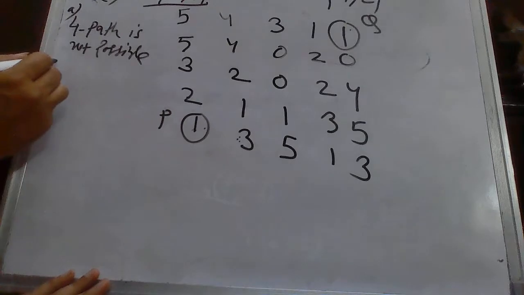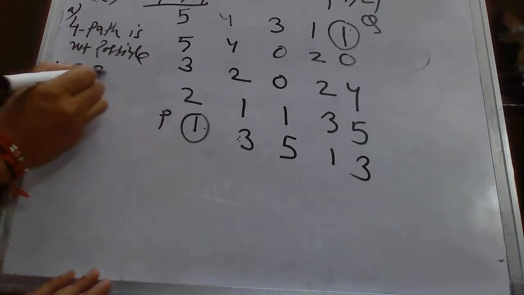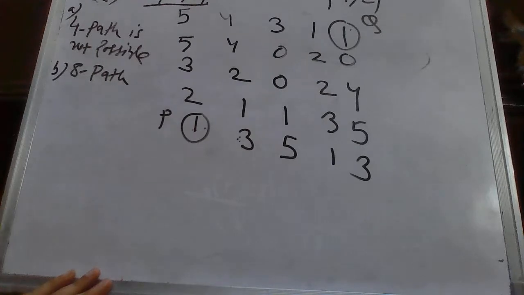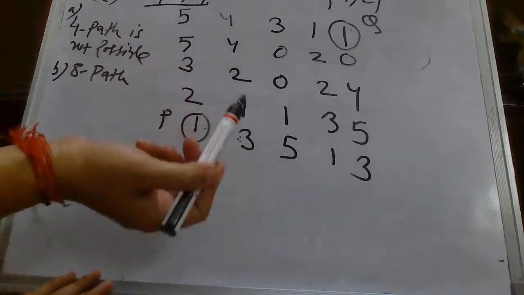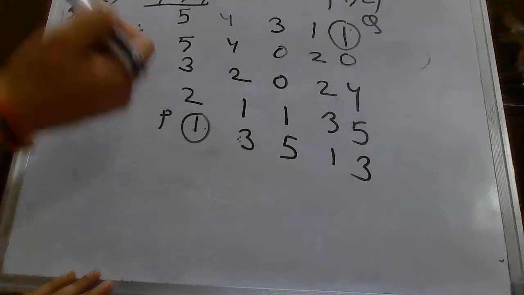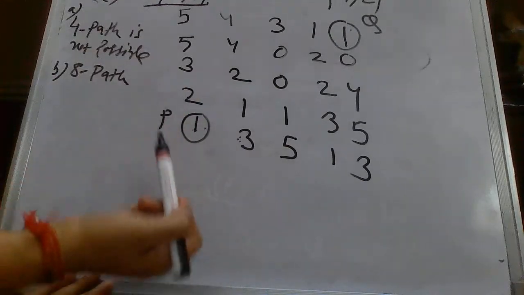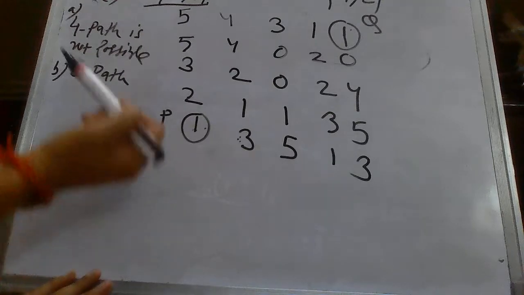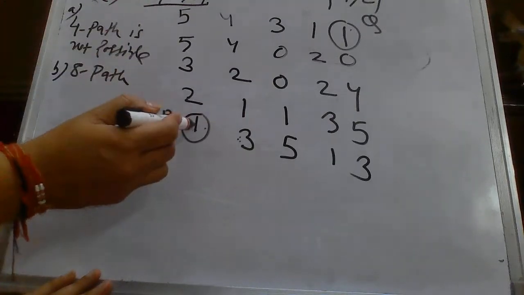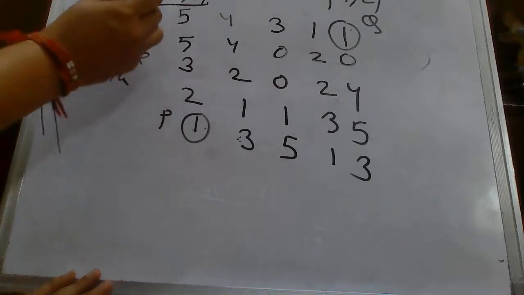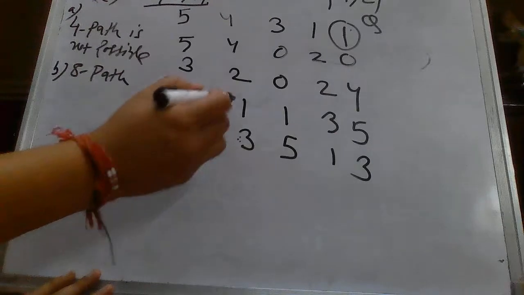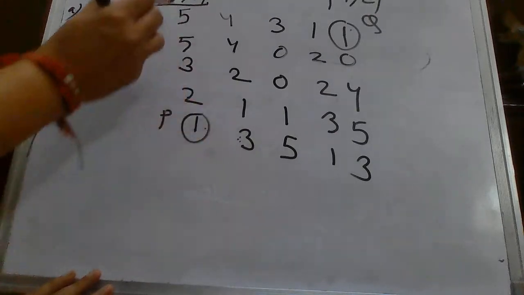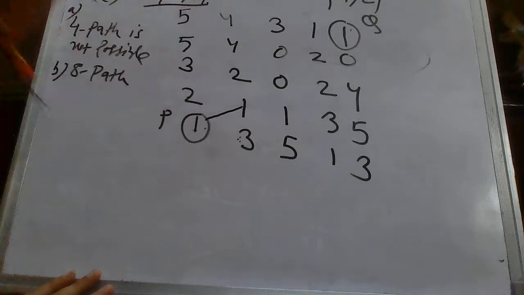So we will look at another case, that is finding the 8 path. What is the strategy we will adopt? In 8 path, we can move horizontally, vertically or diagonally. But if there is more than one path, we will always prefer which path? Diagonal path, as I explained in the beginning of this video. Clear? So let's start from here. This path we cannot go because the pixel intensity values do not belong to the V set. But we can go to this path. Diagonally we can move, and the 1 belongs to this intensity set. Clear?